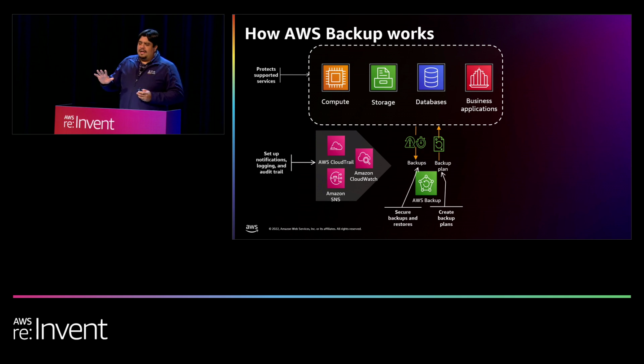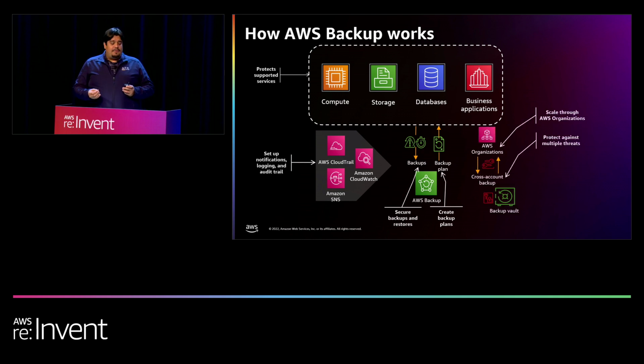Still talking about integration, AWS Backup integrates with AWS Organizations. For those that are not familiar with Organizations, you can manage multiple accounts and define policies and controls for your accounts in a centralized fashion. So you go to your Organizations, define the backup policies once it's integrated with Backup, and then you deploy all those policies and backup plans to the child accounts. You can even organize those policies in organizational units or groups of accounts.